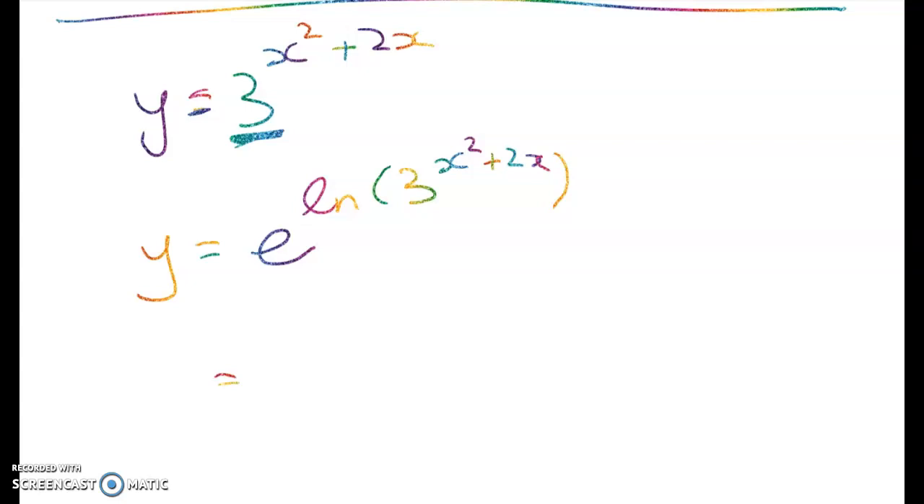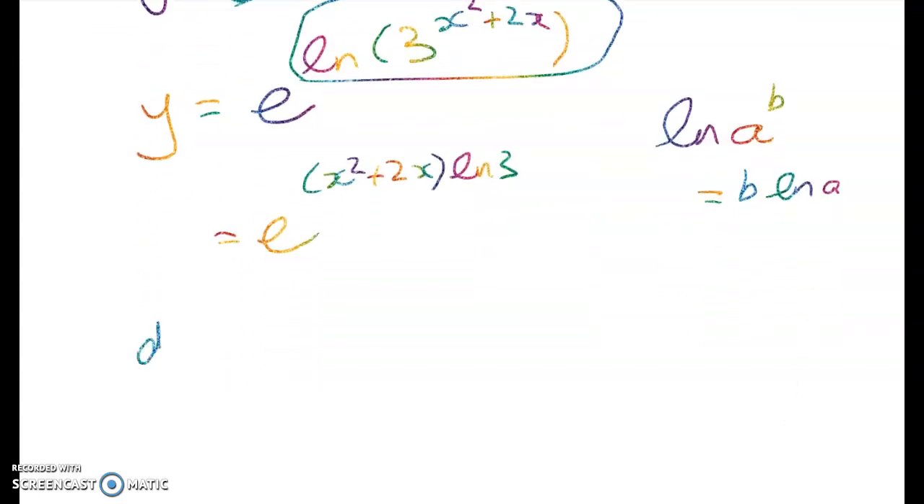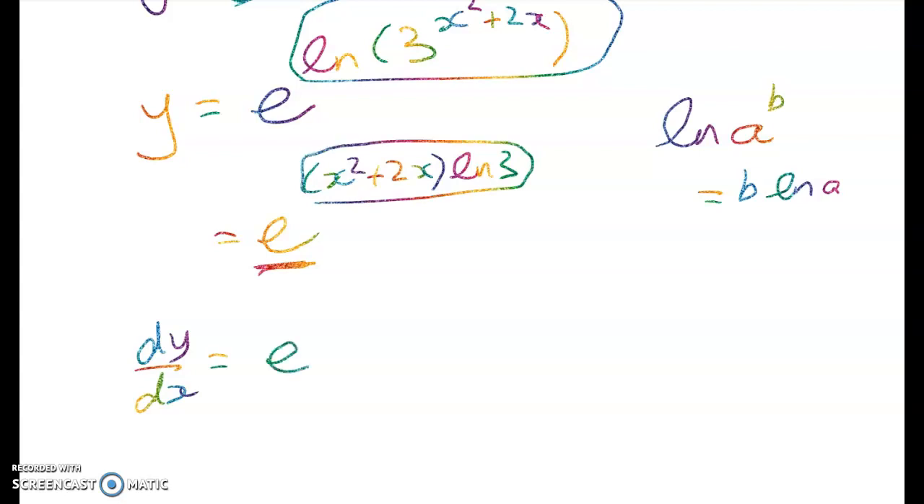Now, how do I differentiate that? Well, if I use my log rules, I can clean this up quite a bit. The log of a to the power of b is equal to b times the log of a. So y is equal to e to the power of x squared plus 2x times the natural log of 3. If I want to differentiate that, my outside function is the exponential one, and my inside function is this. So I've got e to the power of all of this,